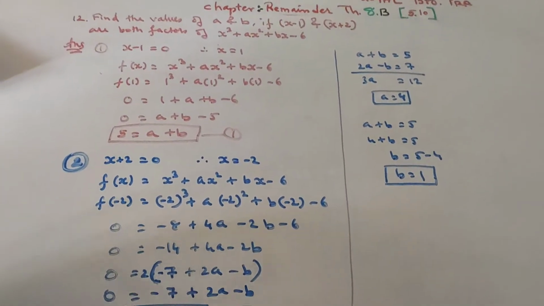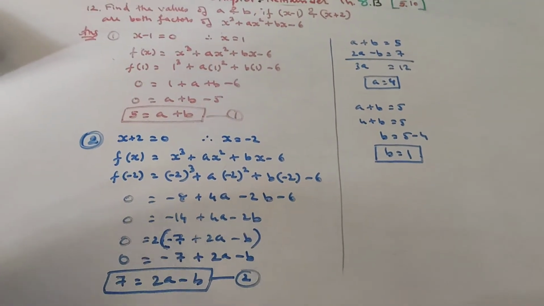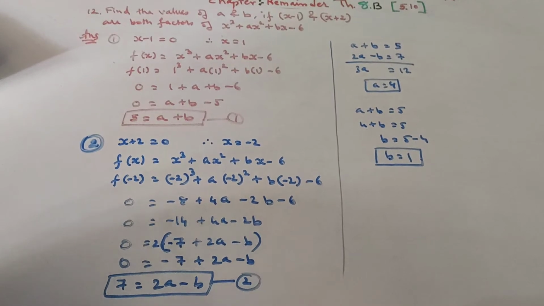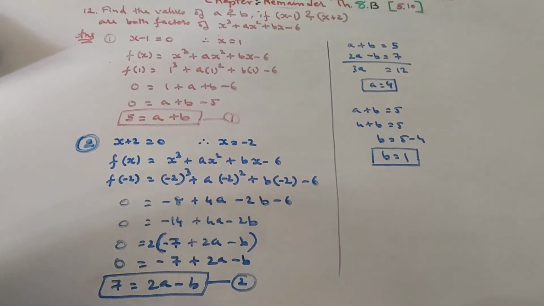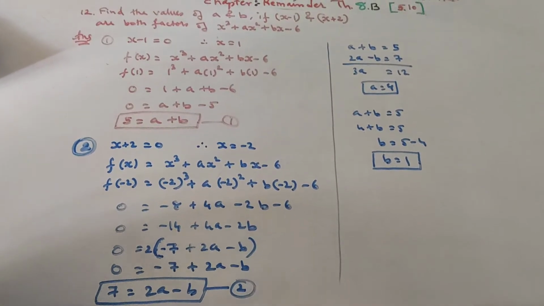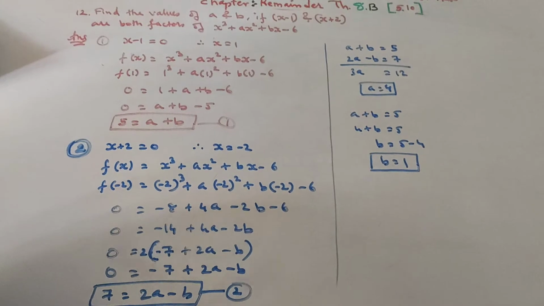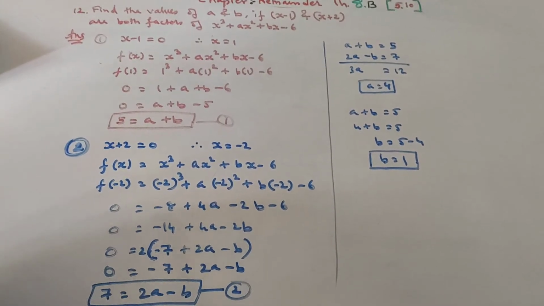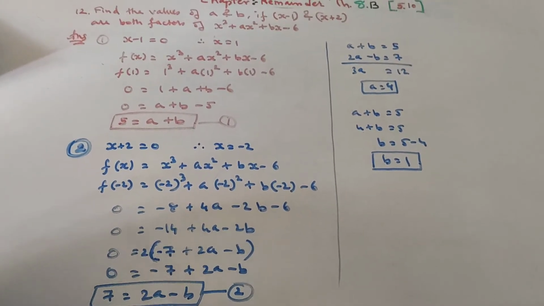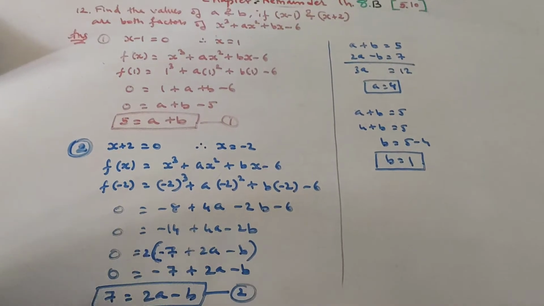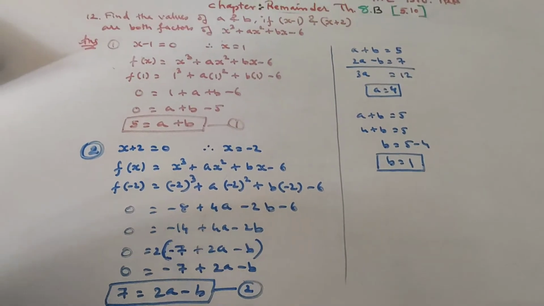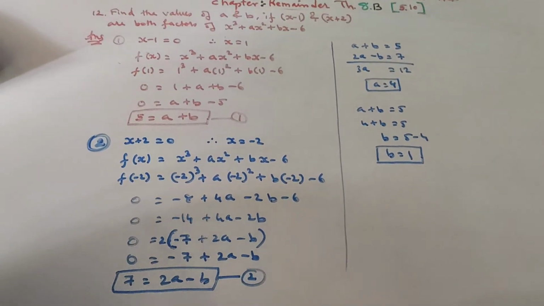I hope you understood this one. It's pretty simple. Some analysis you require to do, some basic knowledge you require to know, and you can simplify it very easily. This sum is a 4 marks question, 1 mark for simplification, 1 mark for case 1 and case 2, and 1 mark for finding out the value of a and b. I hope you understood. Let us move on to sum number 13.